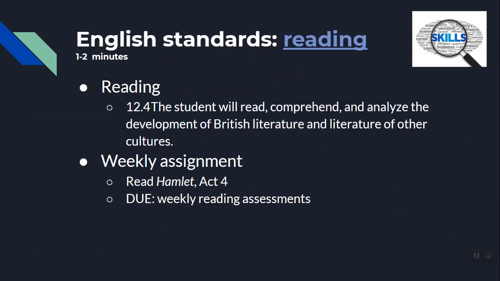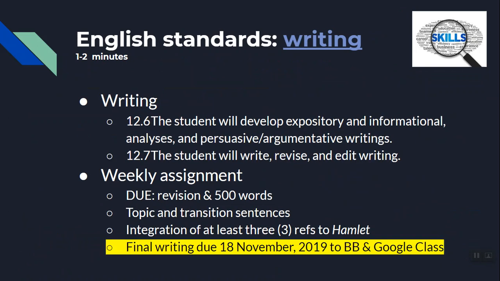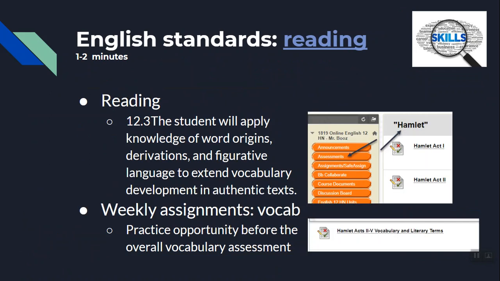Wanted you guys to collaborate. That didn't work very well. Your next English standard is to read Hamlet and do Act 4, also dealing with the quiz that's available on Blackboard. Your final writing is going to be due on the 18th of November, which is in roughly 2-3 weeks. So the idea is that you guys are constantly revising. Everyone will have his or her worksheet back by the end of the night, so that should help you to understand how to work toward your revisions.